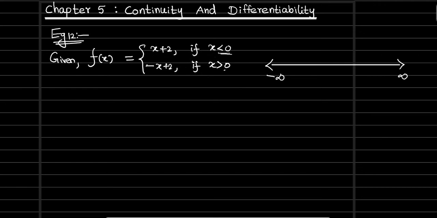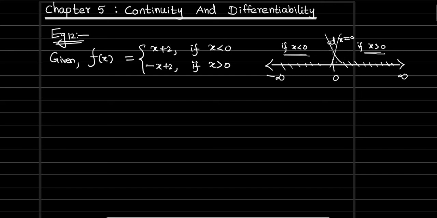So using this if condition, at x equal to 0, we are going to break the real line. At x equal to 0, exactly when x takes 0, whether the function is continuous or not, there is no need to check at all. For this sum, it is no need to check because, as I told before, in the domain itself we don't have 0. So we are only going to check if x is less than 0, whether the function is continuous or not. And similarly, we are going to check if x is greater than 0, whether the function is continuous or not also. So that means we are going to have two cases here.